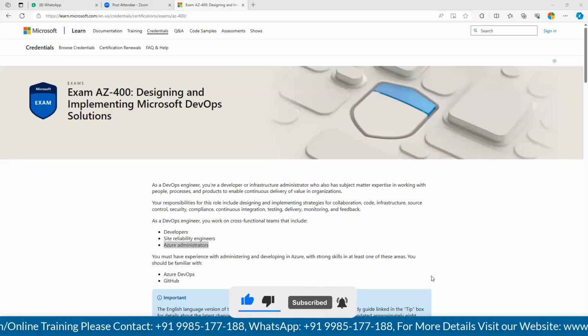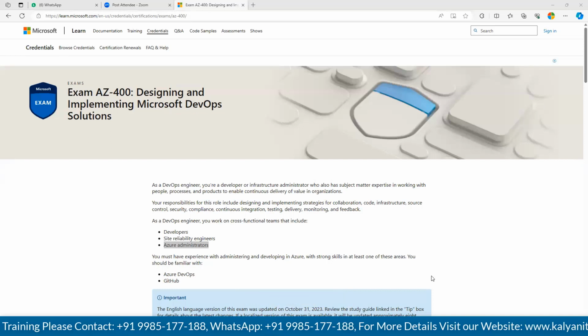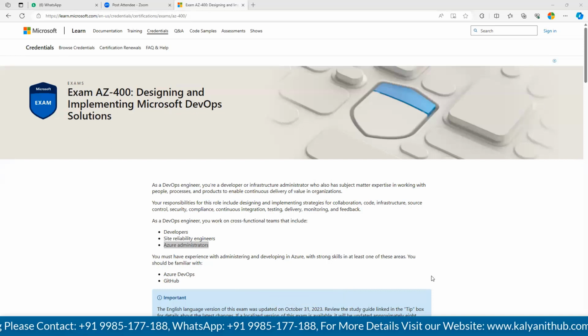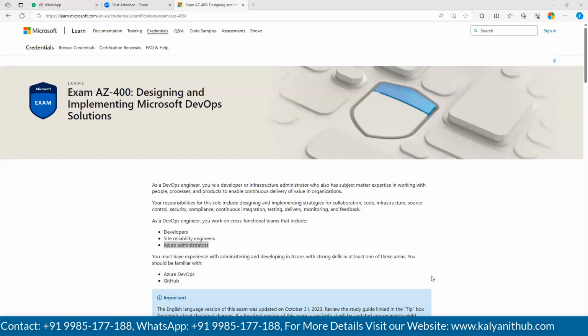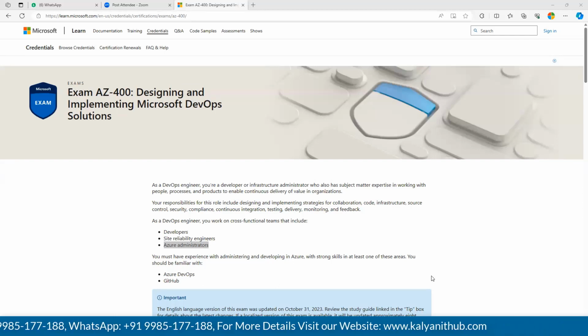This is Azure DevOps, so we are not covering open source. Azure has its own DevOps pipeline tools, yes. That's why we are not going for open source here. Azure is anyhow licensed, right? So they have provided their own tools, build tools and all. You need not worry about open source.